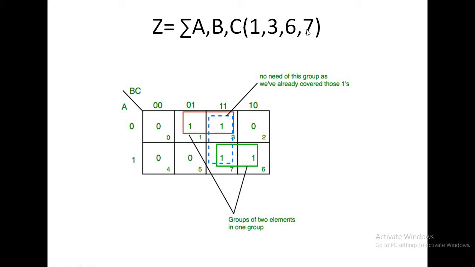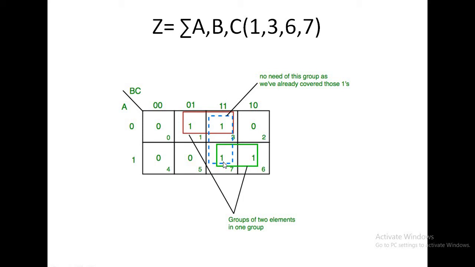So in the 1 place I can put 1. What is the 1 place? This is 1. I can put 1 here. Next, in the 3 place I can put 1. Then in the 6th place I can put 1, and in the 7th place I can put 1. On the 1 place you can put 1, on the 3rd place 1, on the 6th place 1, and on the 7th place 1.